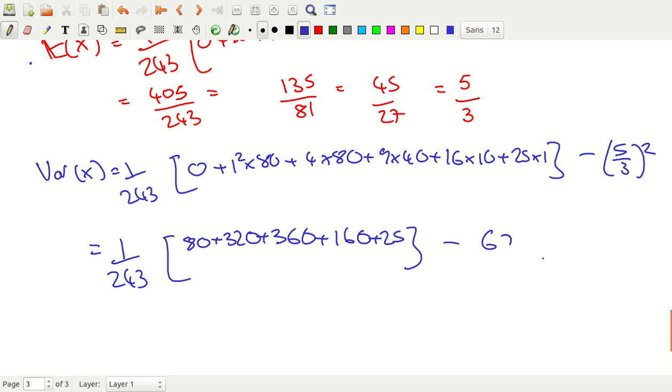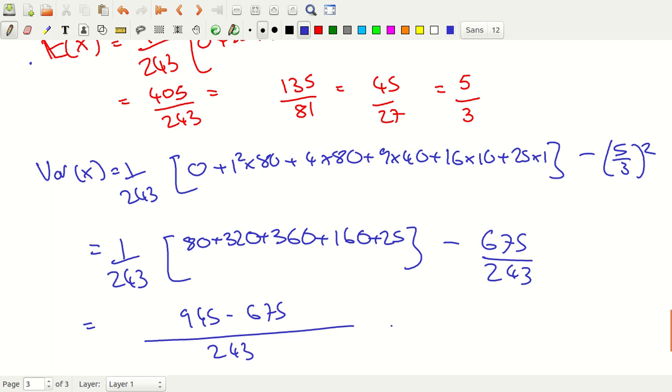So I get 675 over 243. Okay. Now I need to do the adding up. So all over 243. I've got 400 in the first two, 760, 860 plus 60 is 920, 945 minus 675 over 243, which equals